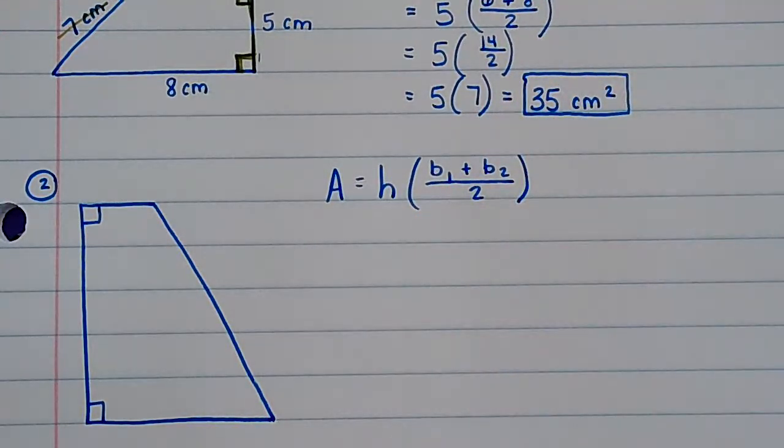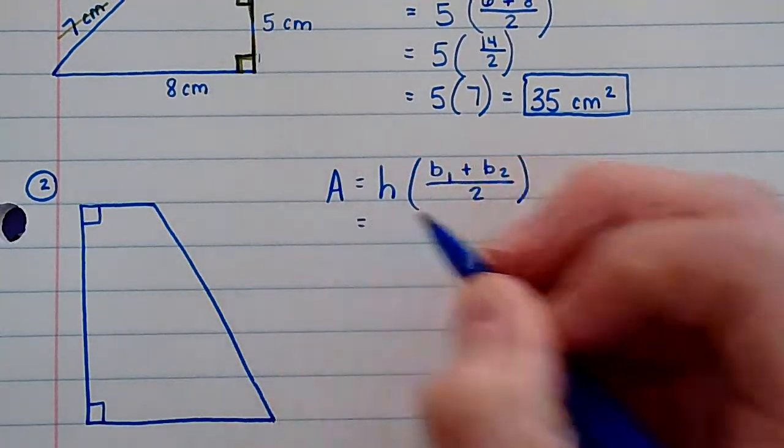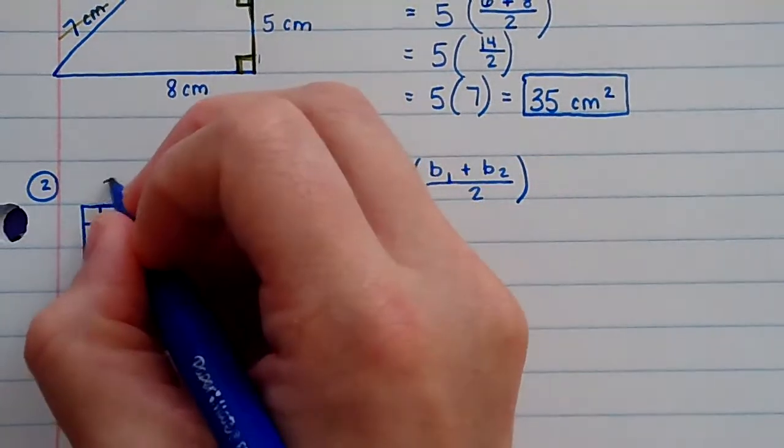There's my formula. Okay, so I'm looking for 3 numbers. I'm looking for a height, and I'm looking for 2 bases. That 2 right there is never going to change. It's always going to be a 2. All right, let's plug in some numbers. We've got